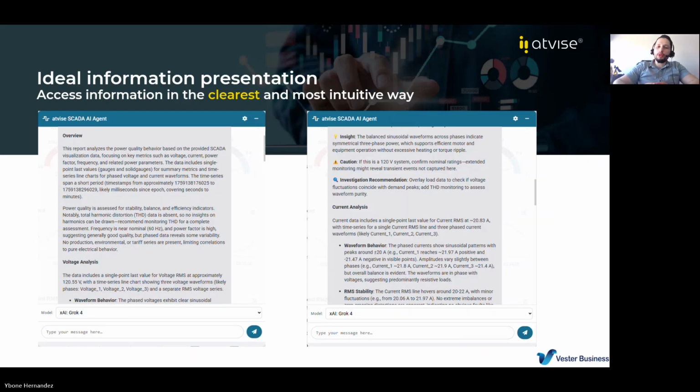What we've seen, and this is something very interesting because this is feedback that we've had: in the past, we had some customers using LLM providers like, for example, ChatGPT or Gemini or Claude or Grok. What they do is copy all the data and paste that data into the chat and ask questions. There are two problems with this.